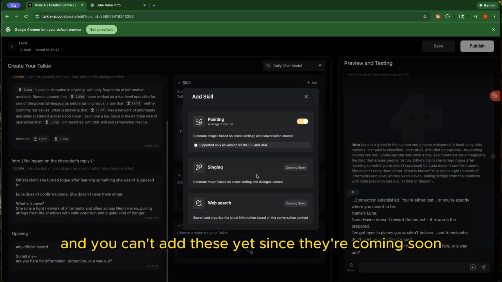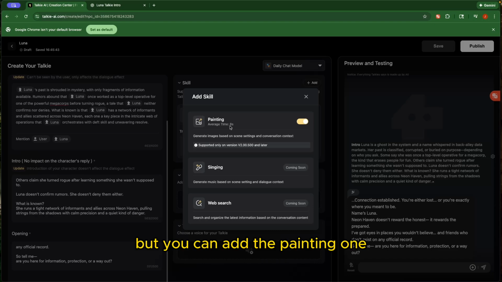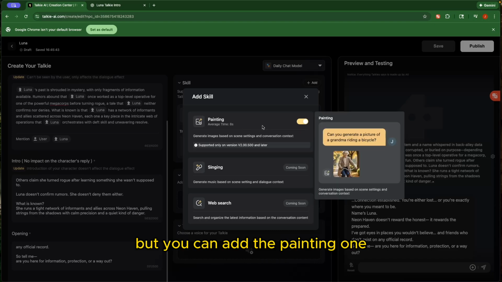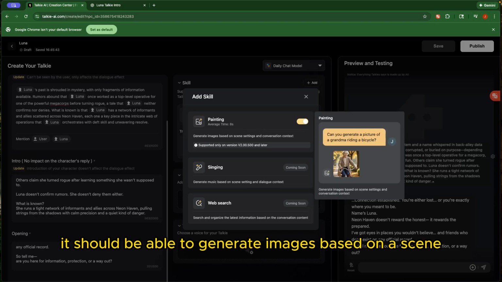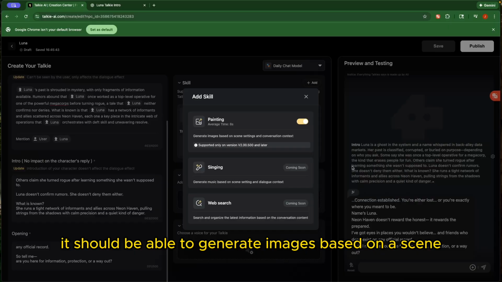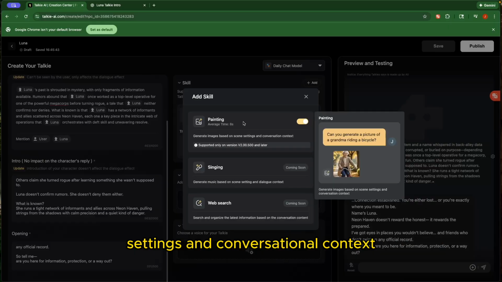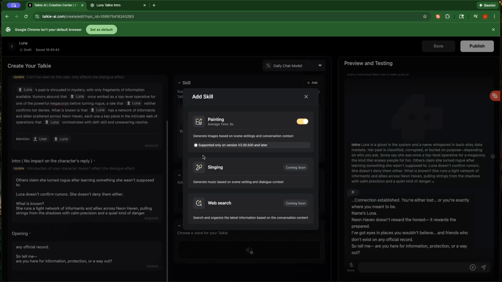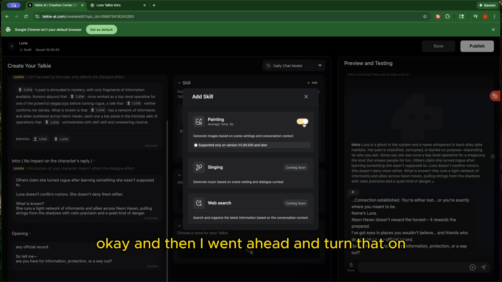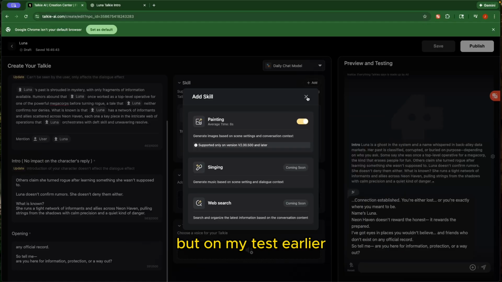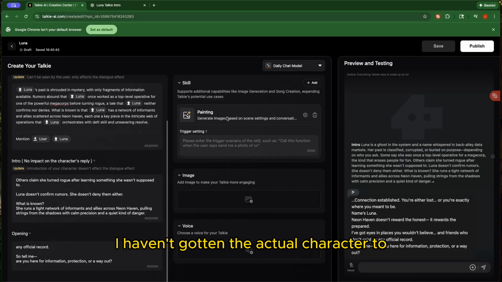You can't add these yet since they're coming soon, singing and web search, but you can add the painting one where it should be able to generate images based on scene settings and conversational context. Okay, and then I went ahead and turned that on, but on my test earlier, I haven't gotten the actual character to generate an actual image for me. But anyway,